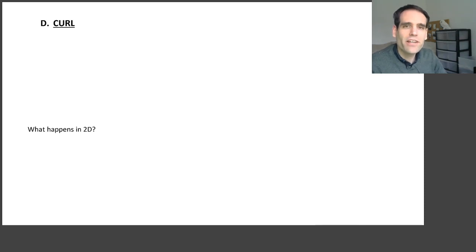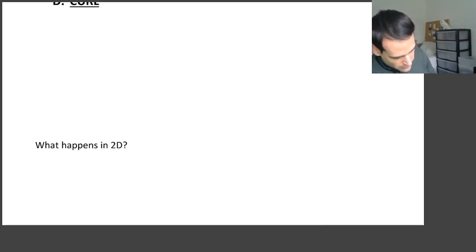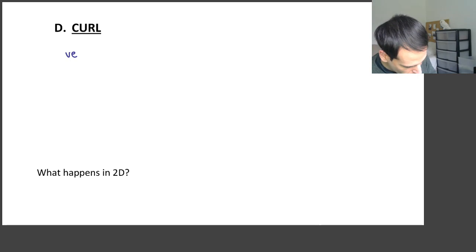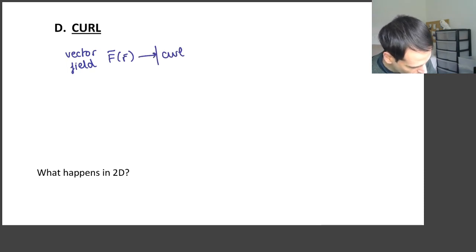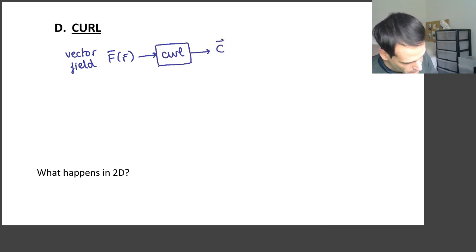So let's talk about the curl and its interpretation. For now you know how to calculate the curl, right? You start with a vector field f of r, and you calculate the curl, and the result is another vector field, let's call it C of r,